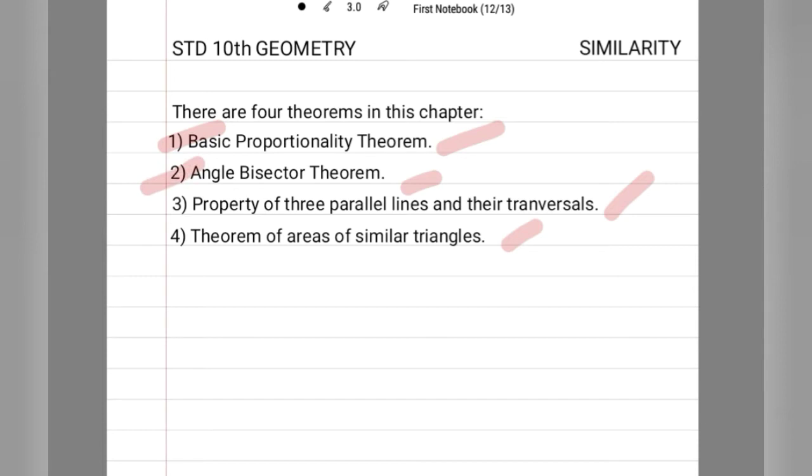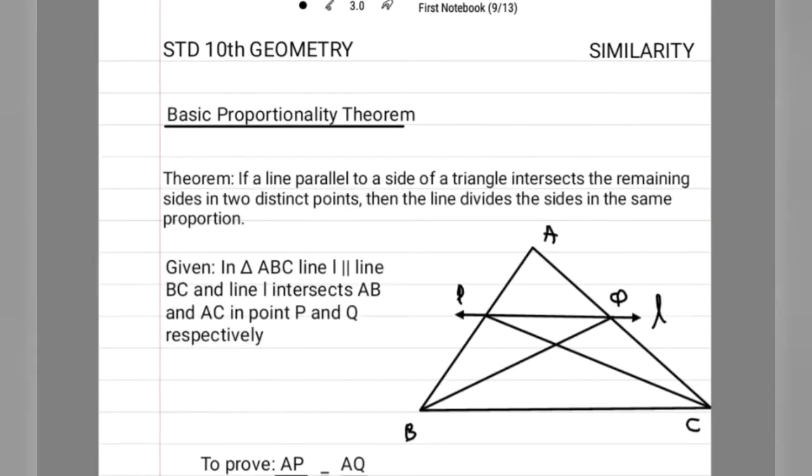Now I will request you to understand it and not just learn it, because if you miss something in your exam, you can derive it on the spot. So there are fewer chances of making a mistake if you understand them, and it would be easy for you. So let's start with the theorems now.